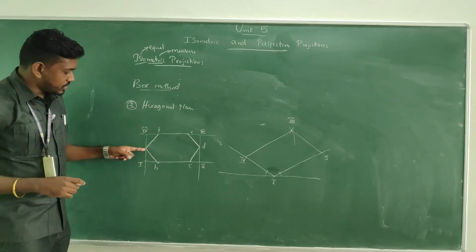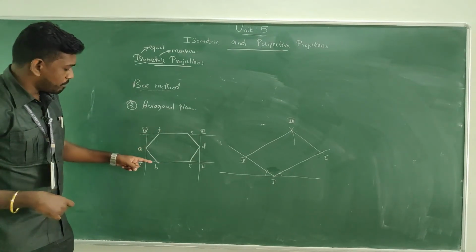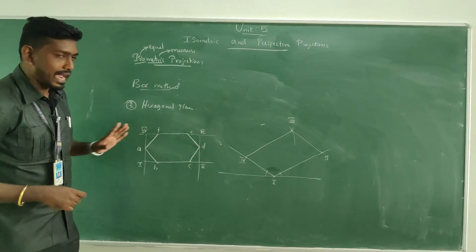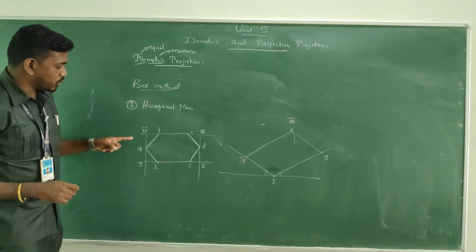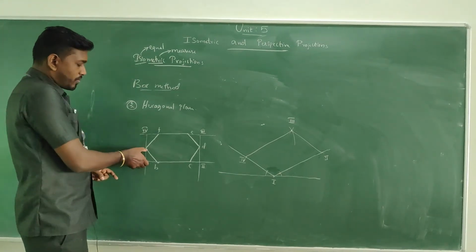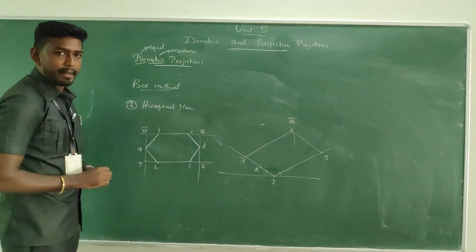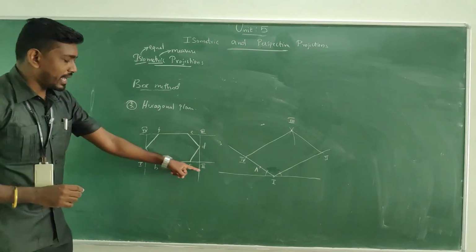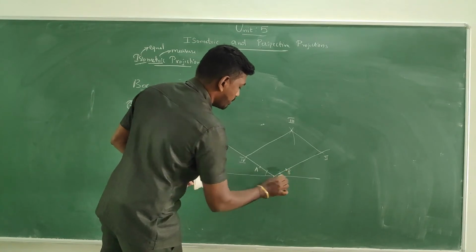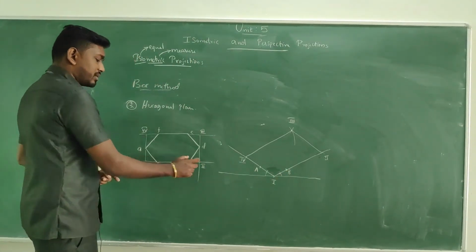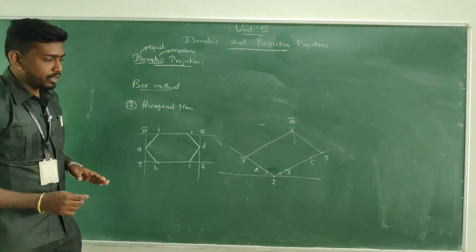See, all the corners of the hexagon, A, B, C, D, E and F, lie on the boundary. First of all, concentrate on A. Where is A? Between 1 and 4. Take the measurement 1 to A and make a cut mark. You get the capital A. B and C are between 1 and 2. Take the measurement 1 to B and transfer it from 1, you get B. For C, take the measurement from 2 to C and make a cut mark on the same line, you get C.